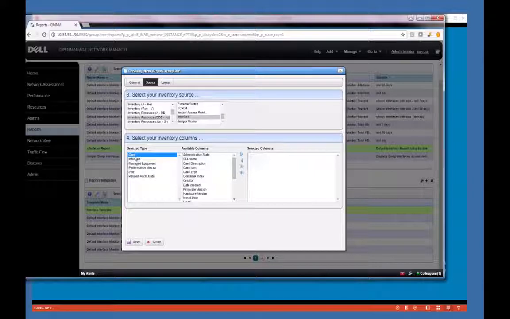So you see here, you have an interface there. Well, he already selected interface, but you can also say, I know that interfaces are always related to cards and stuff, and you always have alarm data for a lot of these, and so you could just mix those together. It's very convenient. So for example, if you wanted to put in CLI name, which is a command line name that we put on a device, like TE010, and you want date created,